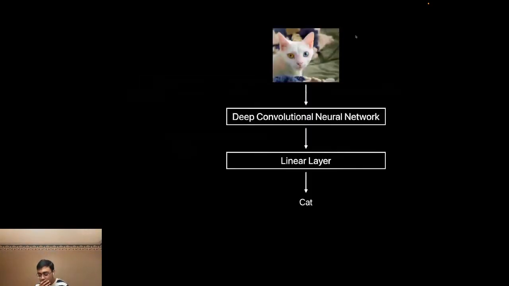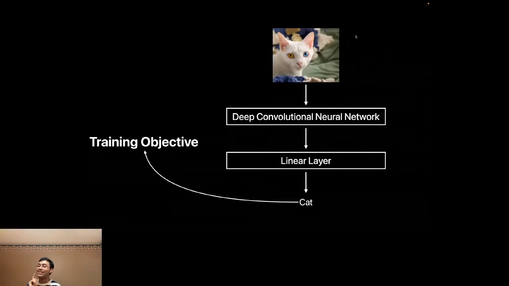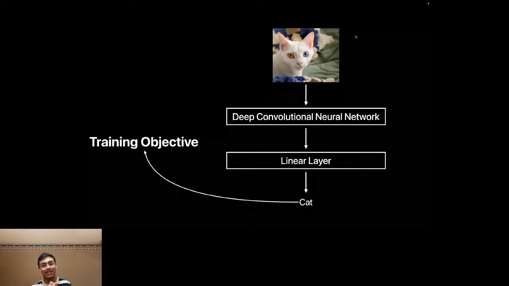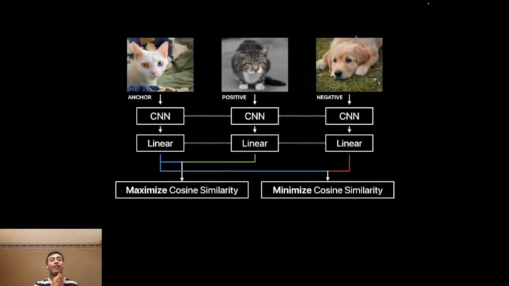And what's really important to think about here is your training objective. Once again, not nearly enough people think about this, but the training objective is what defines how your neural network learns, right? For example, in this case, I could train the neural network by saying, here's a bunch of images, classify them between cat and dog. But there are so many other ways you could train this. Right? I could, for example, and this is a lot more convoluted, I know, but bear with me here. I could, for